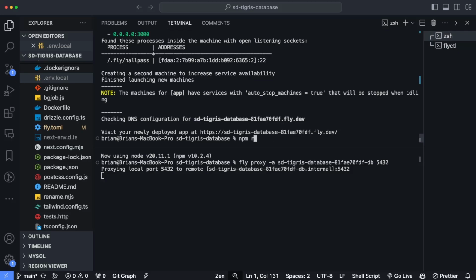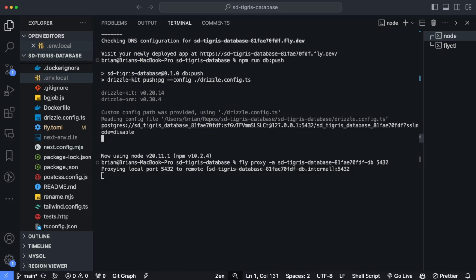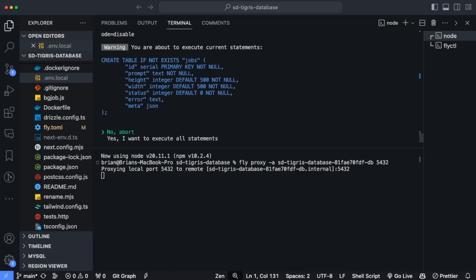So I'll type in npm run db:push, which actually runs DrizzleKit and applies the schema migrations to the Postgres database. It's going to state that there is a single table named jobs that's going to be created. I'll press the down arrow key and highlight yes and hit enter. And now the database is fully set up. I'm going to close the proxy connection and then exit out of this terminal session